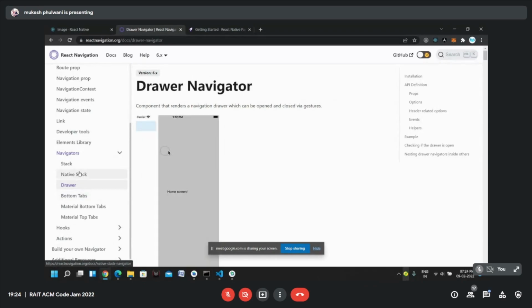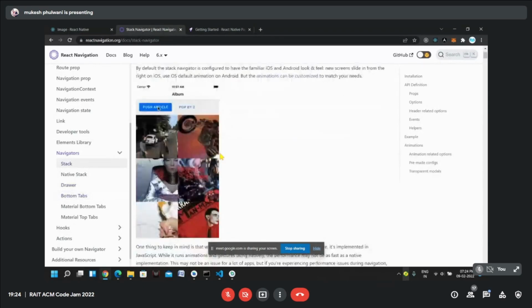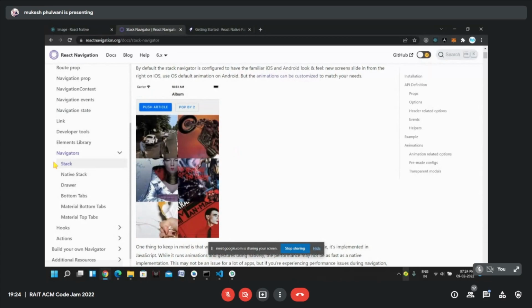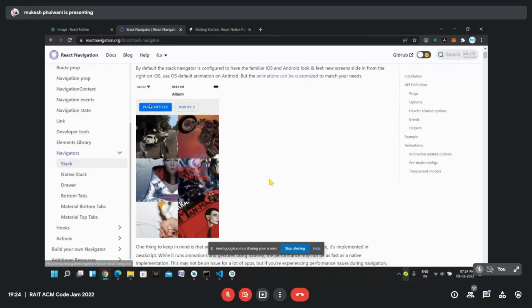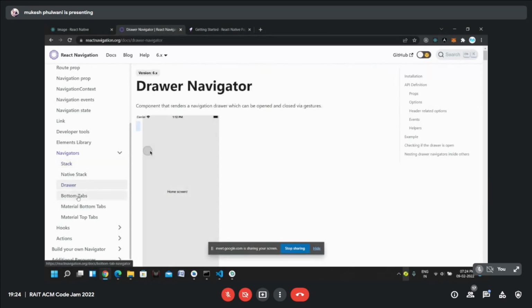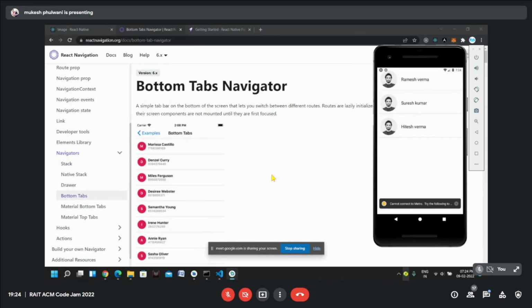Yes, all three were covered. So we can use any of those. I think that we should use Stack Navigator. That is straightforward and common. But I will show you how we can add drawer and bottom tabs in our existing application, so practically we can see that as well.